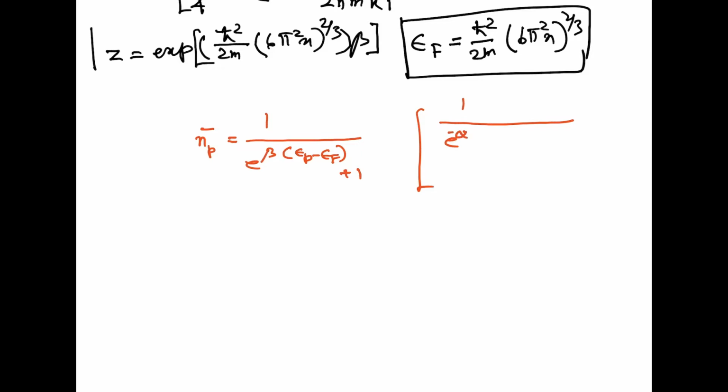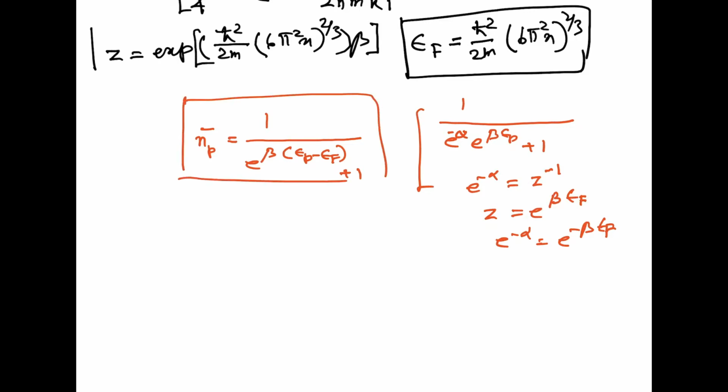alpha, now e to the power alpha with a minus sign, into e to the power beta epsilon p plus 1. Now e to the power minus alpha is z to the power minus 1, and we have taken z equal to e to the power beta epsilon F. So e to the power minus alpha is e to the power minus beta epsilon F. That's why this becomes beta (epsilon p minus epsilon F) plus 1. From this equation,